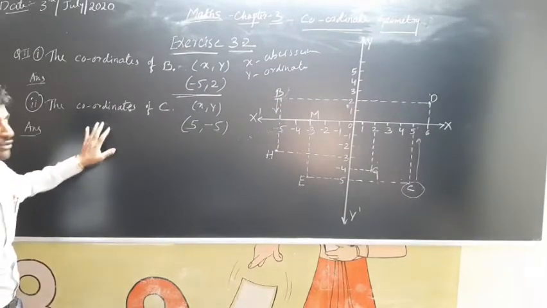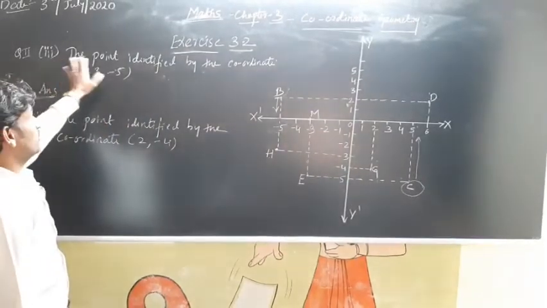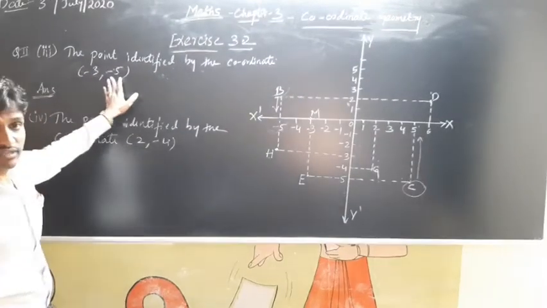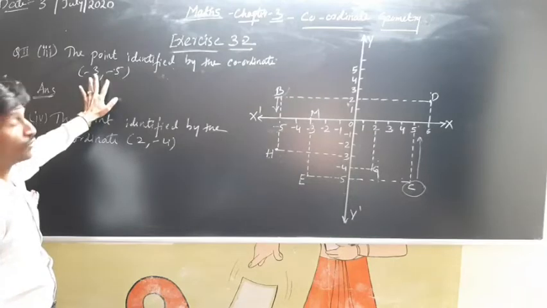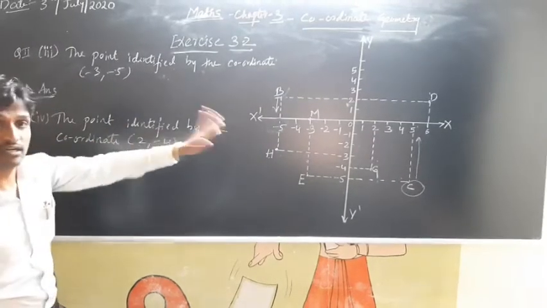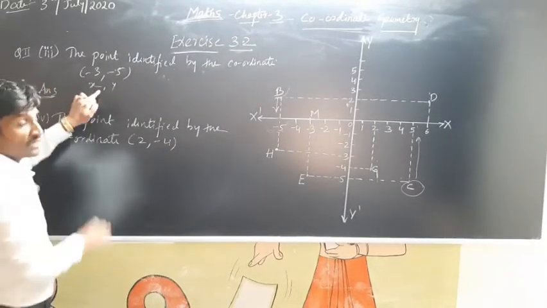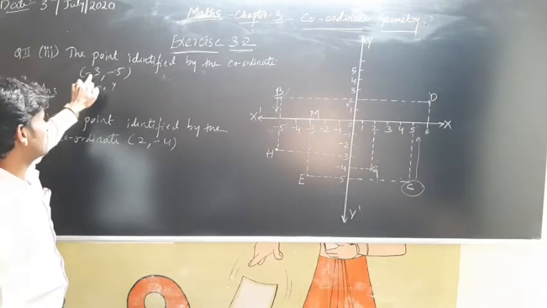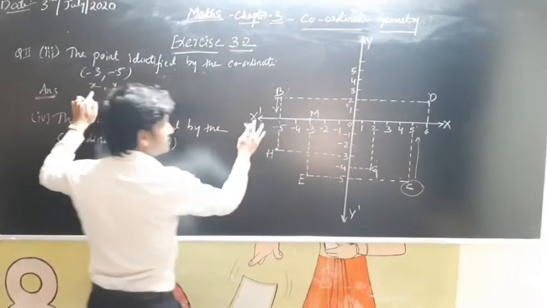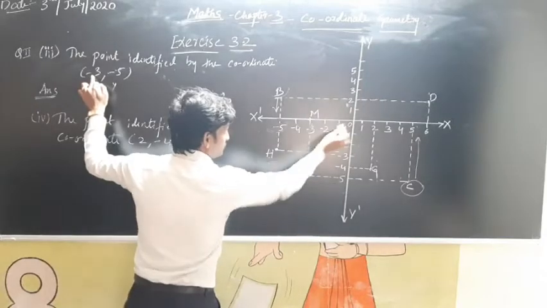Let me take you to the third question and fourth question. Okay, the third question is ready for you. The point identified by the coordinate -3, -5. Okay, we have to find this coordinate, where it is placed, and what is the alphabet given for this one from the diagram. So first one is, as I said, known as x, and the second one is known as y. X is negative, because this is negative. Here it is negative. Okay, this axis from here to here is known as negative x. Here they have said -3. Here comes -3. Can you see here?